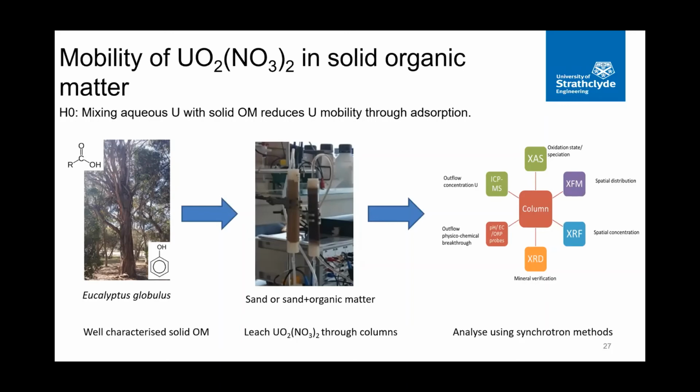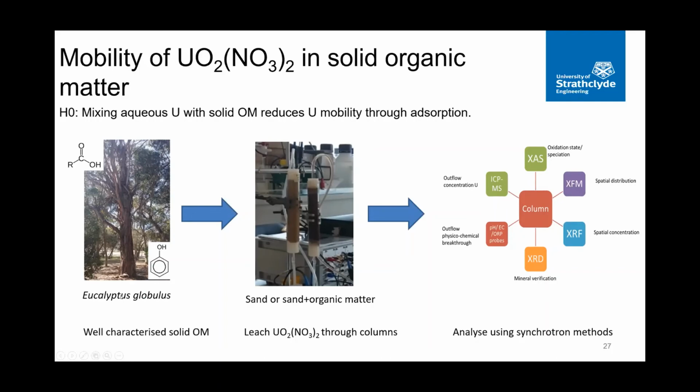A lot of work previously had been using soluble organic matter, such as humic and fulvic acids, because they're available from the IHSS for research, but less had been done with solid, immobile matter. Now, what I really wanted to do was get hold of some peat. Peat's quite a rare commodity in Australia, so I looked a bit further as to what could be my surrogate organic matter, and there it was staring me in the face. Eucalyptus bark, Eucalyptus globulus, and there's the tree that I took the samples from on campus,